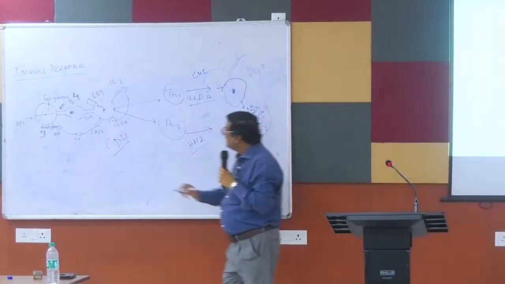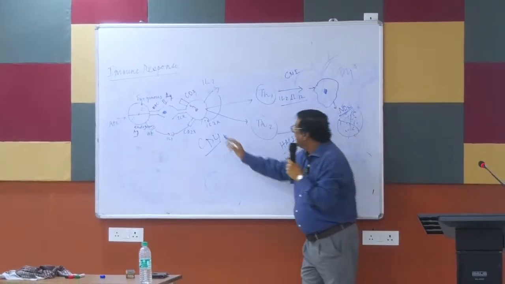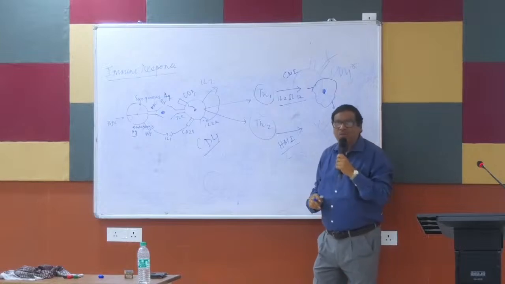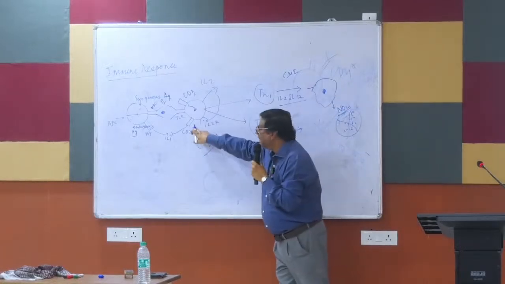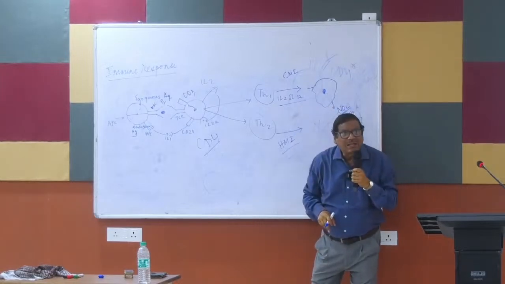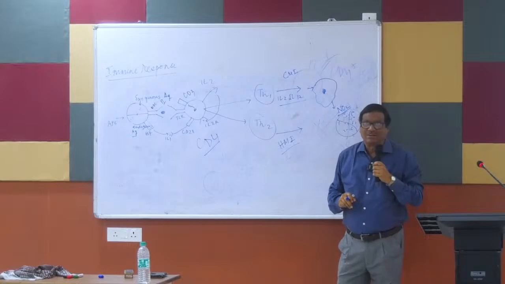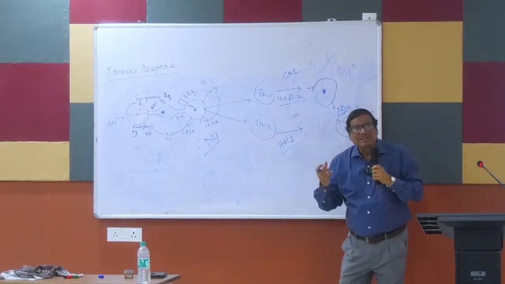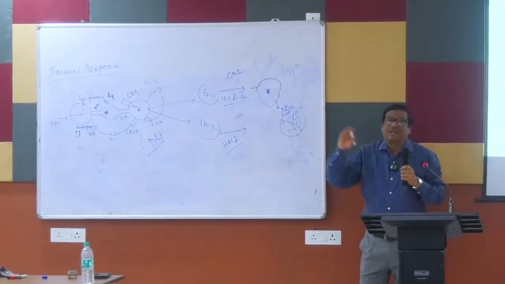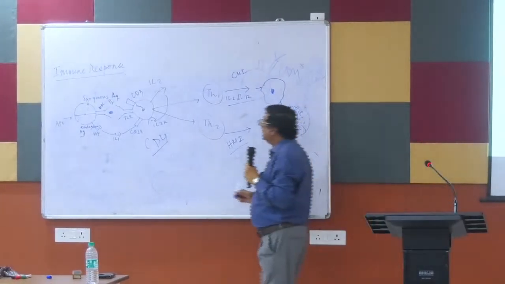Similarly, if the antigen is endogenous, it will be presented by MHC1. And through the MHC1, the signal will be received by CD8 cell, not the CD4 cell. That will be received by CD8 cell. And similarly, CD8 cell will destroy the intracellular organism as well as extracellular organism. But here,